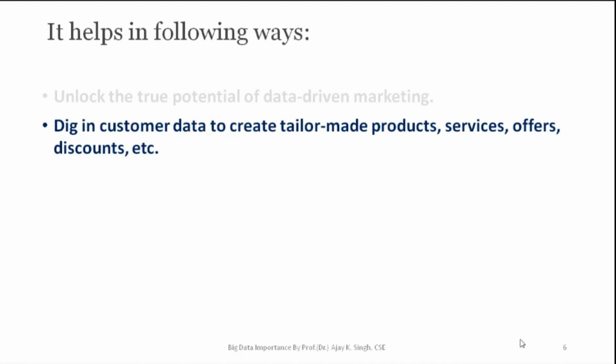Those service offers, those discounts. So you may go for some discount. And nowadays, big e-commerce sites are doing that. You own a coin, or suppose you own some points. Based on those points, 4 points is equivalent to 1 rupee, and so on. In Paytm also, you might have seen, if you buy or recharge your mobile 5 times, you get, suppose, 50 rupees, and so on. So they are playing with these offers just by seeing your data.